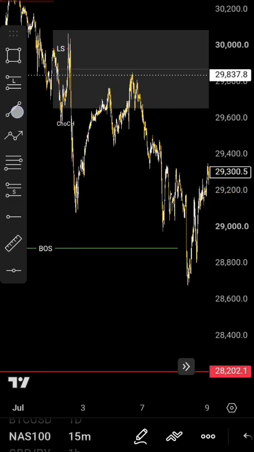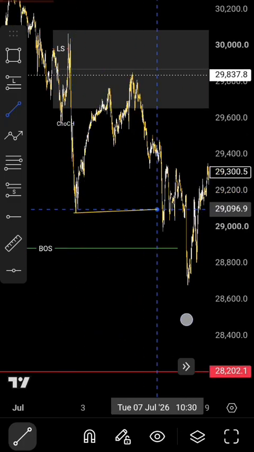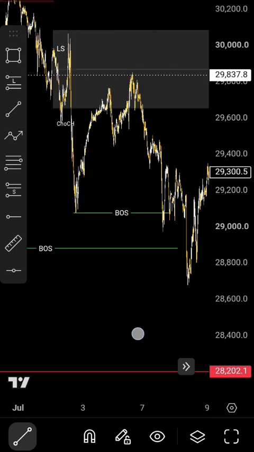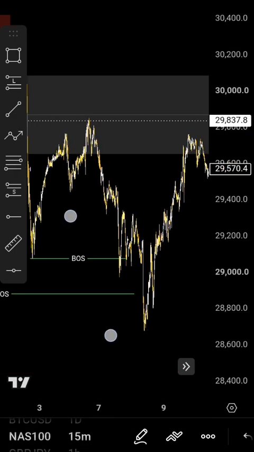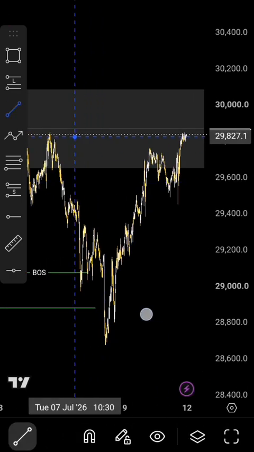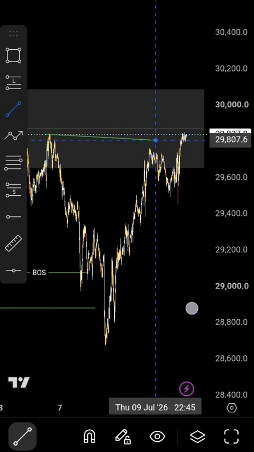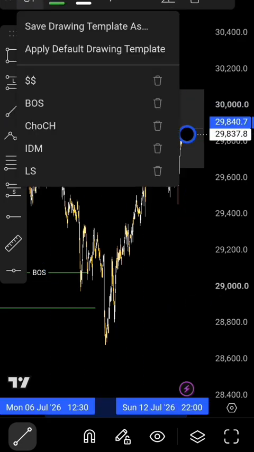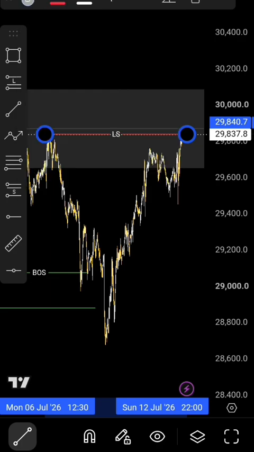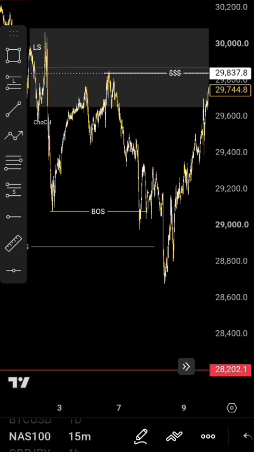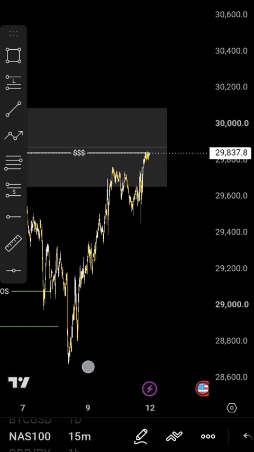And then we did have a break of structure here too. Break of structure here, which is our third confluence, BOS. And then we have internal liquidity that price will clear in order to tap us into the other block, which is this one. Now this becomes our internal liquidity, and that was where price reached, and then the market closed. So this becomes our internal liquidity market wall. Internal liquidity. So right now we have liquidity sweep, change of character, break of structure, internal liquidity, and now the